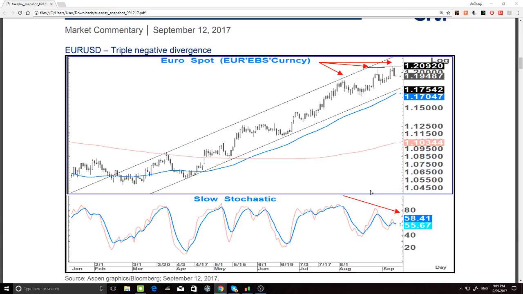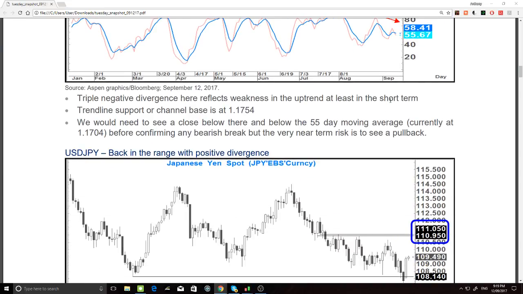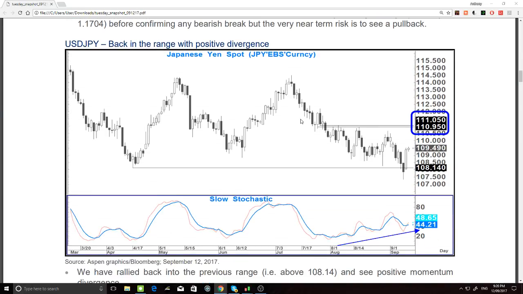And we get the triple negative divergence here on the euro, so similar to what you got in the dollar index, getting that same sort of pattern. And a move back to 115 is not a threat to the uptrend, right? That's just a standard pullback, really. And definitely every now and again you get those pullbacks. And probably after that pullback, if it took a couple of weeks, then the next thing would be the ECB coming in October, right? Then the market would be looking forward to that, and we can start to buy the euro again. But in the short term, if you're going to buy the euro, buy it against the yen, I would suggest.